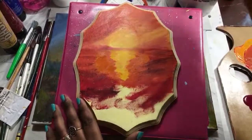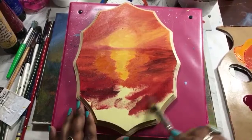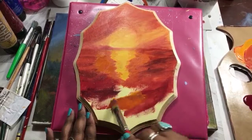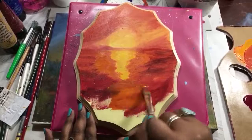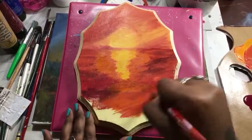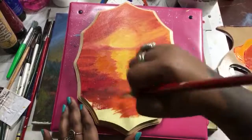And I'm going to get some water because I don't have my glazing liquid, and I'm going to tear up my brush if I don't have something. I'm going to get a little bit of yellow straight out, and the yellow will give me what I want. I'm using a sweeping motion. You want to keep these same kind of horizontal strokes